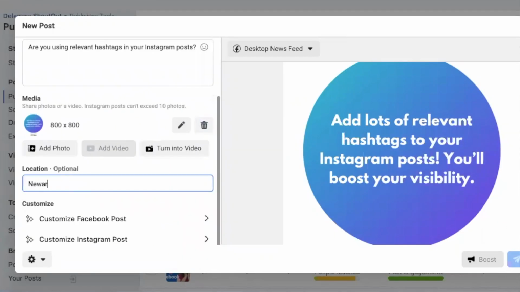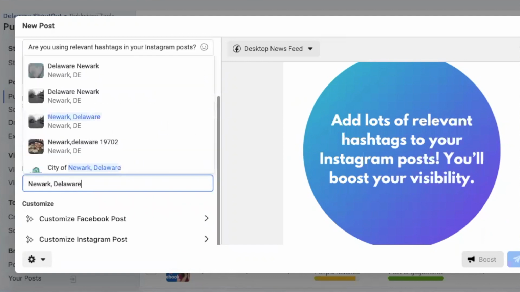And again, I'm going to keep mine simple, but just know that it's here if you like the bells and whistles. Back to posting, I do recommend adding a location here. This will geotag your post on Facebook and Instagram. Geotags are especially important on Instagram because some Instagram users actually search for content based on where the posts come from. In other words, how they're geotagged. So if you note the location of your post or geotag it, you're making your post more discoverable to a whole new audience.